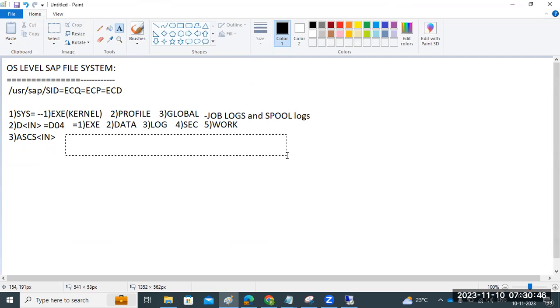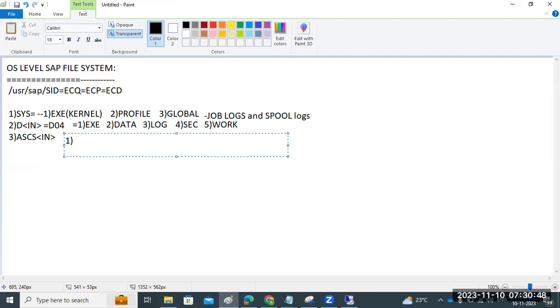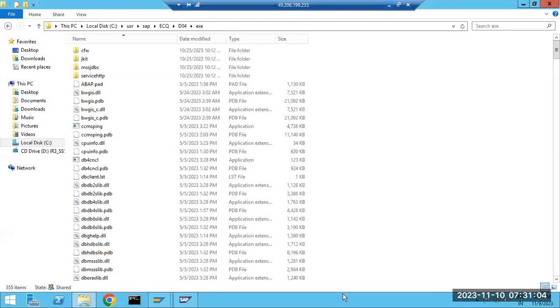In the AS exe also we have a similar folder structure: data, log, sec, and work directories.